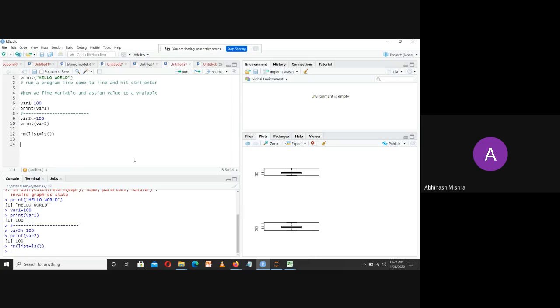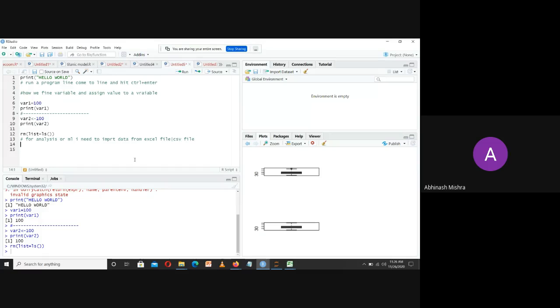Now, what is my major thing for analysis or machine learning? First of all, I need to import data from an Excel file or CSV file.